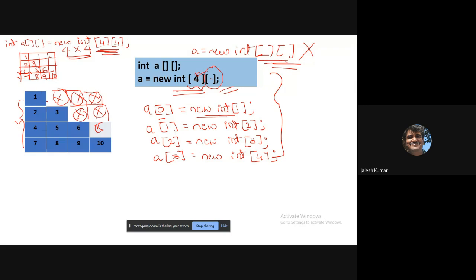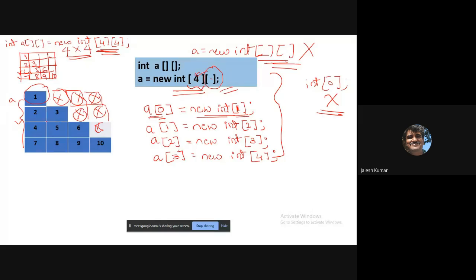How to allocate? For first, see, 0 indicates the first index. At this location allocate a single cell. See, this is the value. You can't write int of zero allocation, because at least one cell should be there, is it not? So it is one.